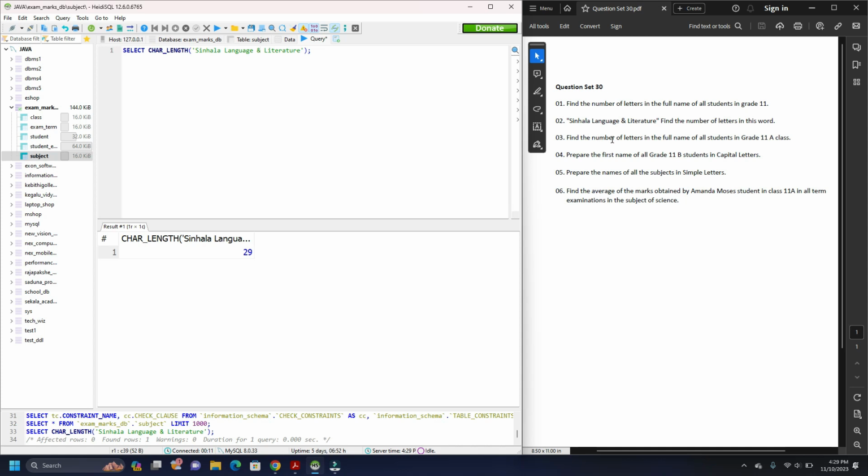And on to the third question. Find the number of letters in the full name of all students in grade 11A class. So like in the first question, we have to concat first name and last name, and then we have to write the condition that we get the students from grade 11A. Last name from student